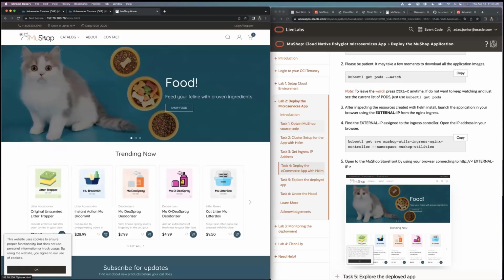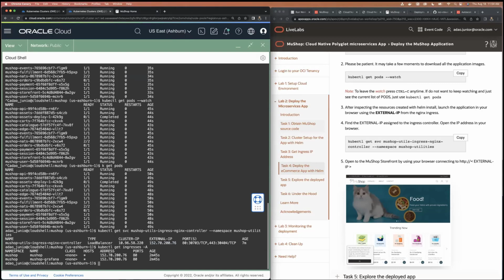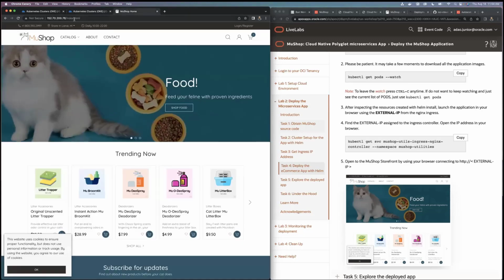So at this point, you just deployed MuShop and you have everything running. If you do kubectl get ingresses, you'll be able to see the two ingresses that were created. You probably need to take a look at